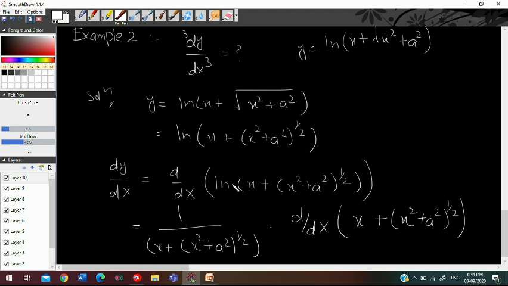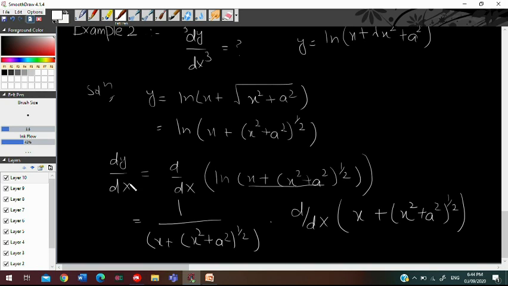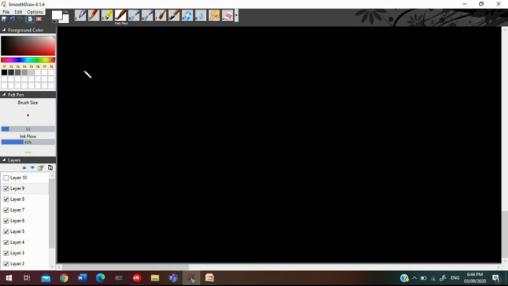When we differentiate log, we write 1 divided by the whole argument of the log, and then we apply the derivative on the whole inner function. Now when we simplify this, dy by dx is equal to 1 divided by x plus